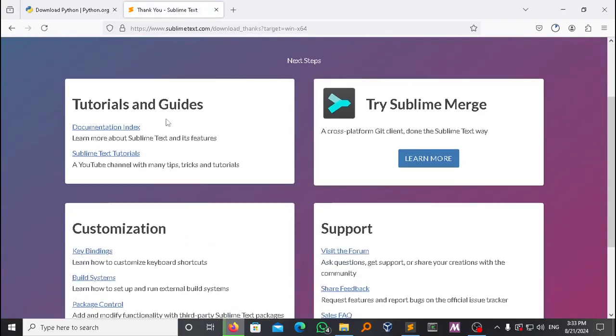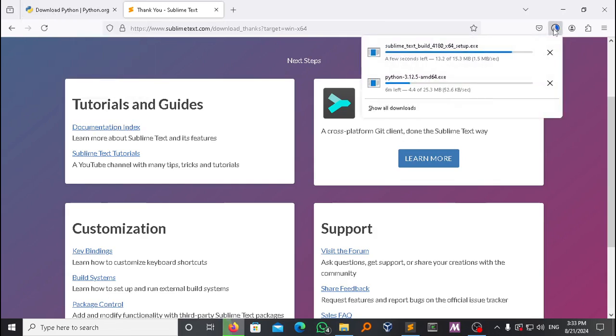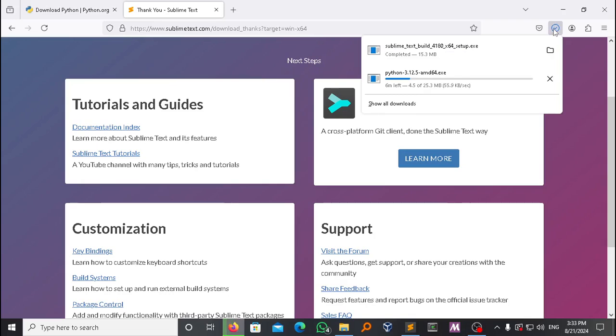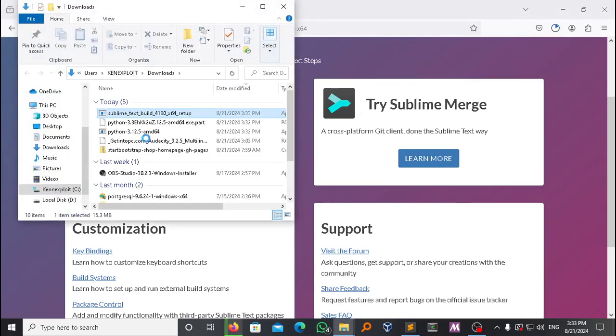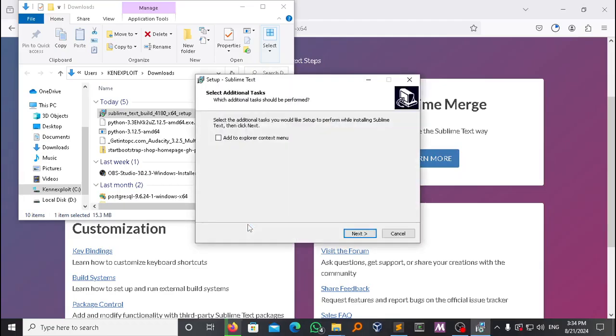After downloading Sublime Text and the Python file, I'll go back to my download history and see the workflow of my downloads. Sublime Text is complete, so I'll open the folder and double click, or you can right click and open. I double click to run it. You can add to the Explorer context menu so that it acts as a shortcut. Then click next, install,